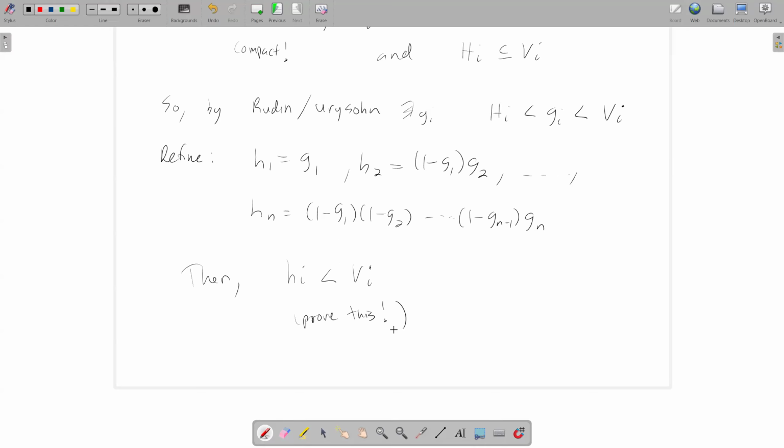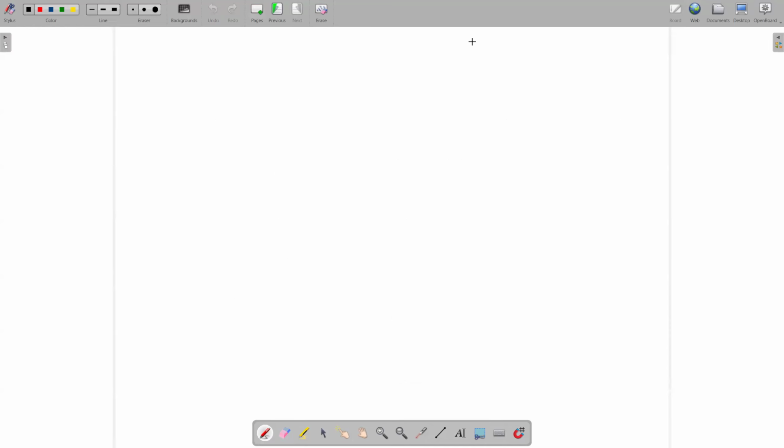I think you can handle it. It's not too bad. Okay, so let's go to the next page here. So H1 is equal to G1, which is equal to 1 minus (1 minus G1). That's a very arbitrary and weird thing to say, but it'll make more sense when you see what I'm going to say now. So now assume